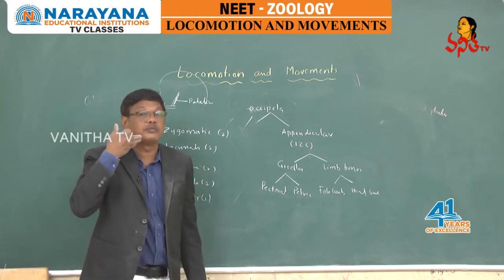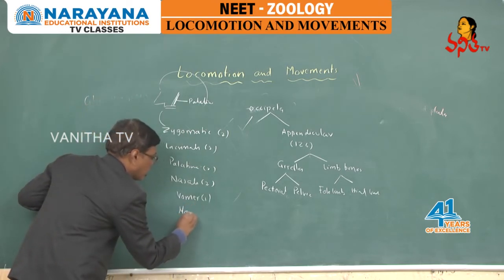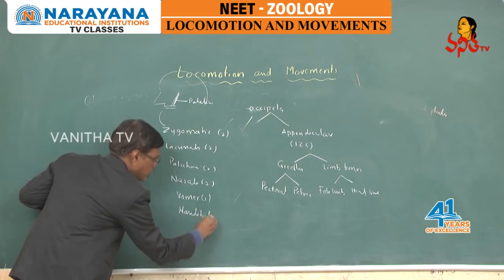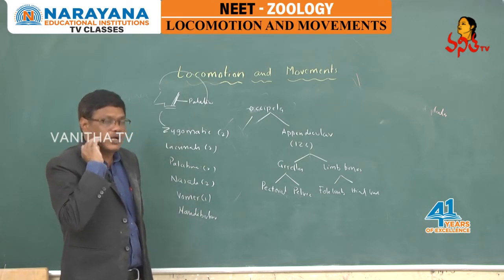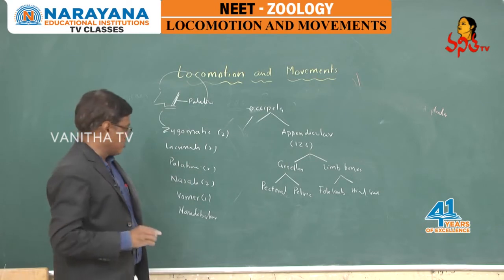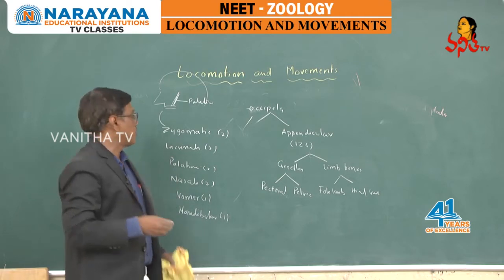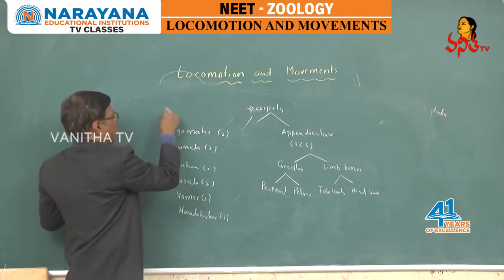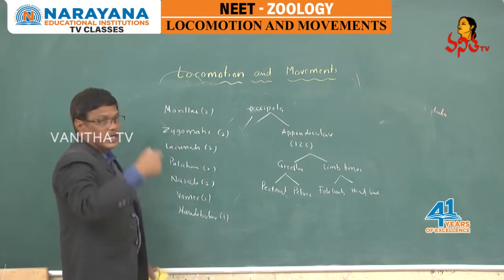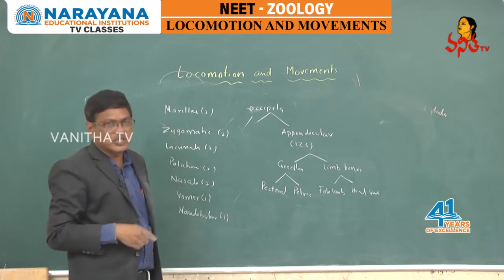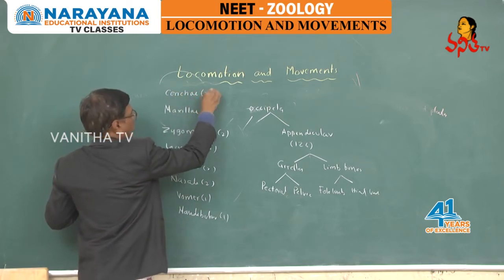Next, the lower jaw is an almost U-shaped bone called the mandible. It is the strongest bone. The muscles associated with the lower jaw are called masseter muscles. They are the strongest muscles. The mandible is only 1. Then the upper jaw: each half of the upper jaw is made up of the maxilla bone. They are also 2. Next, in each nasal chamber, coiled bones called conchae are present. They are also 2.